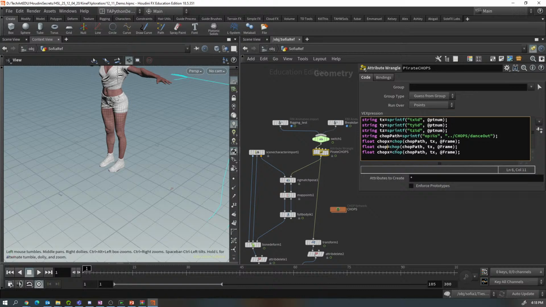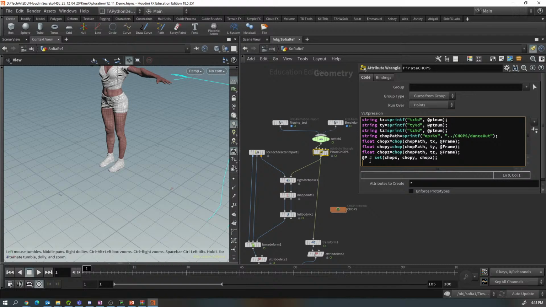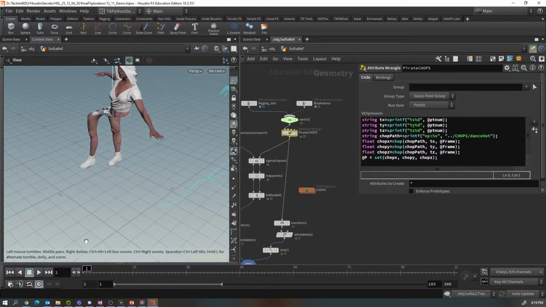Let's change these names, Y and Z. And change these values to Y and Z. Okay, the only thing left to do now is set the point location, set its position to whatever these values coming from chop are. And that one is easy. So here we go. At P equals set chop X, chop Y, and chop Z. Okay, so let's go ahead and, whoa,